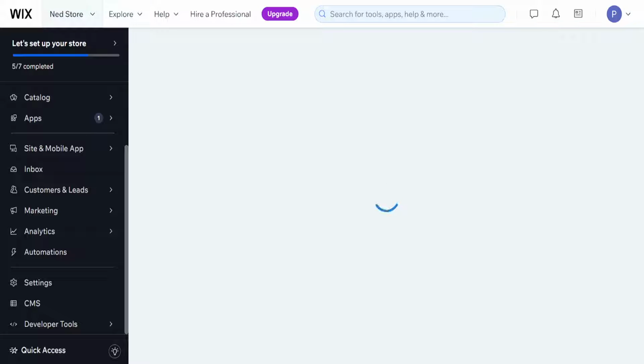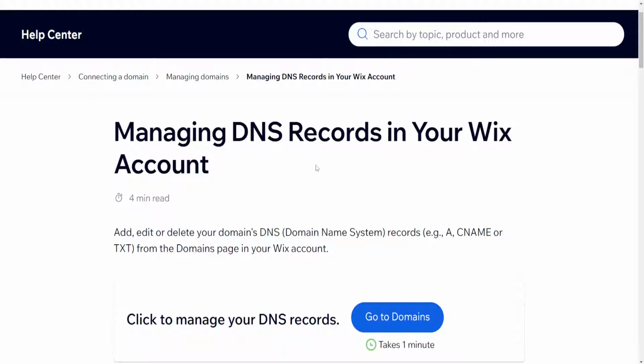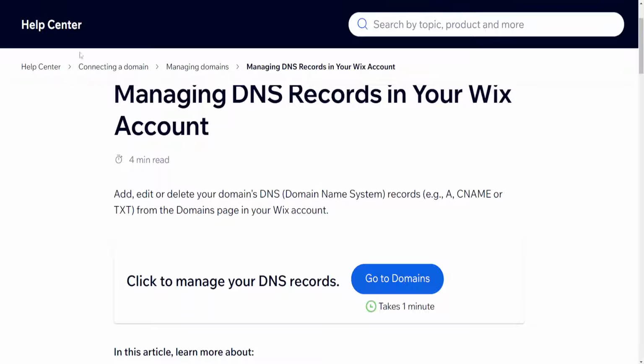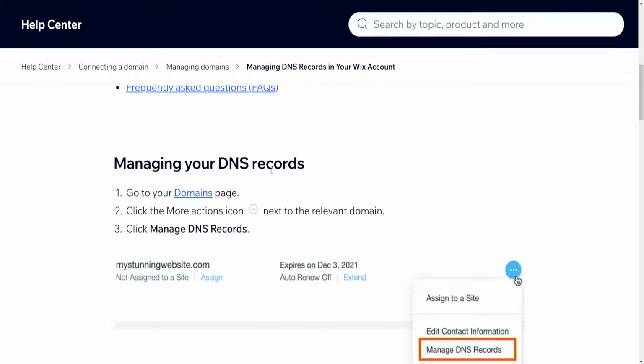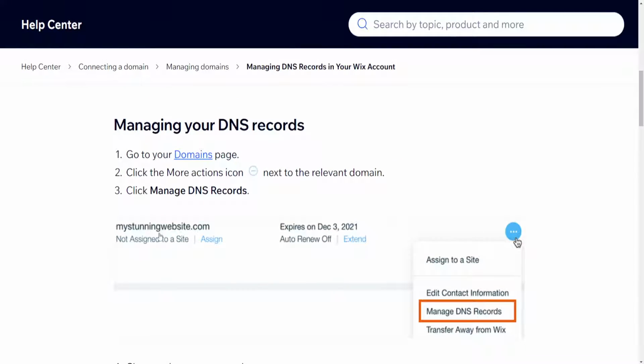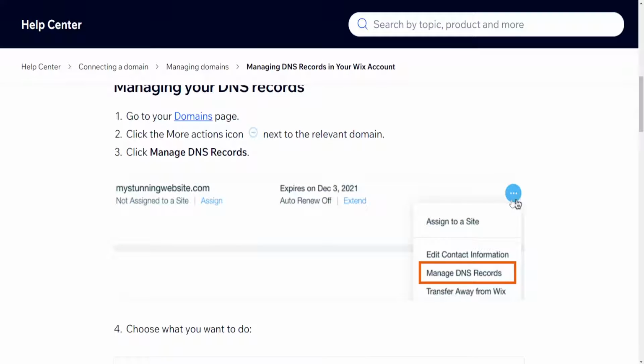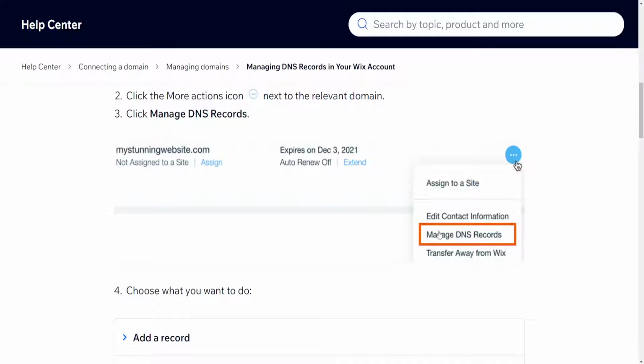And I'm going to show you what it's going to look like. So it's going to look like this. I'm going to use this Help Center article, but basically it's going to load up your domains, and we have to click on the three dots next to your current domain that you're using for your website. Then you will see an option to manage the DNS records here, and you just want to click on manage